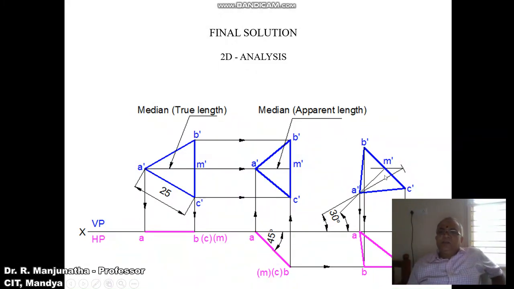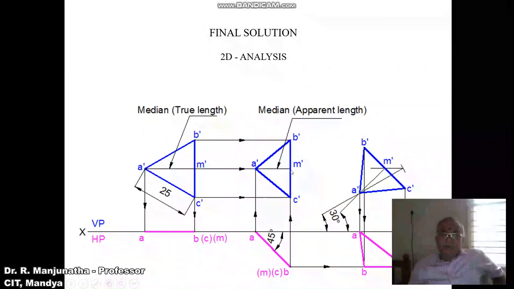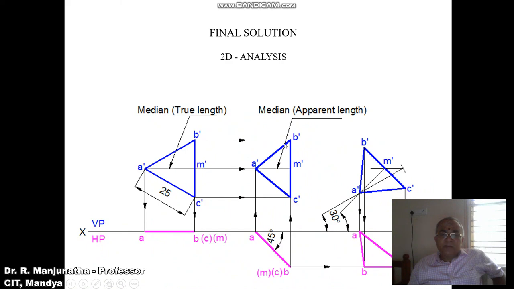Through M dash, with M dash as center, using the protractor with respect to the A dash M dash line, you measure an angle of 90 degrees and draw a perpendicular to that inclined line A dash M dash. Then by using the compass, measure the distance from M dash to B dash and M dash to C dash in the second position front view, and transfer it from this third position M dash. You cut an arc on the top side to get this point B dash, and similarly on the bottom side you are going to get the point C dash.